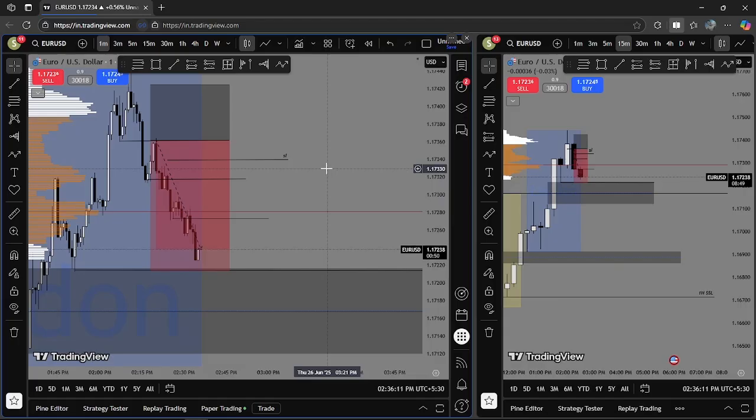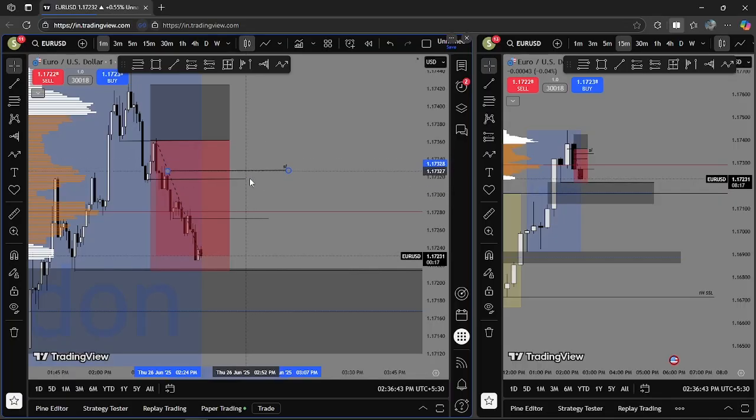This trade was out of complete model entry, not our divergence entry. It was formed by our model entry. Okay, it was formed by our model entry. So I put my stop above this high now,